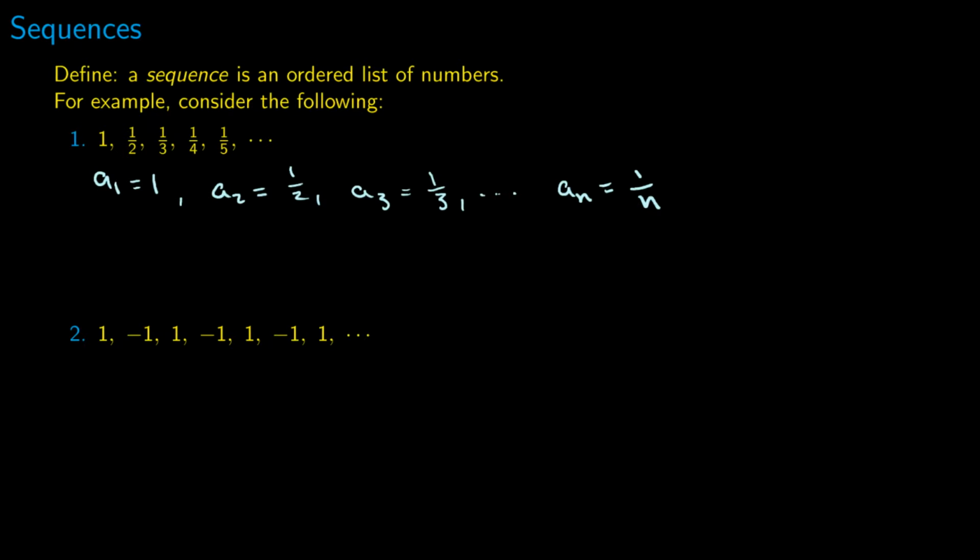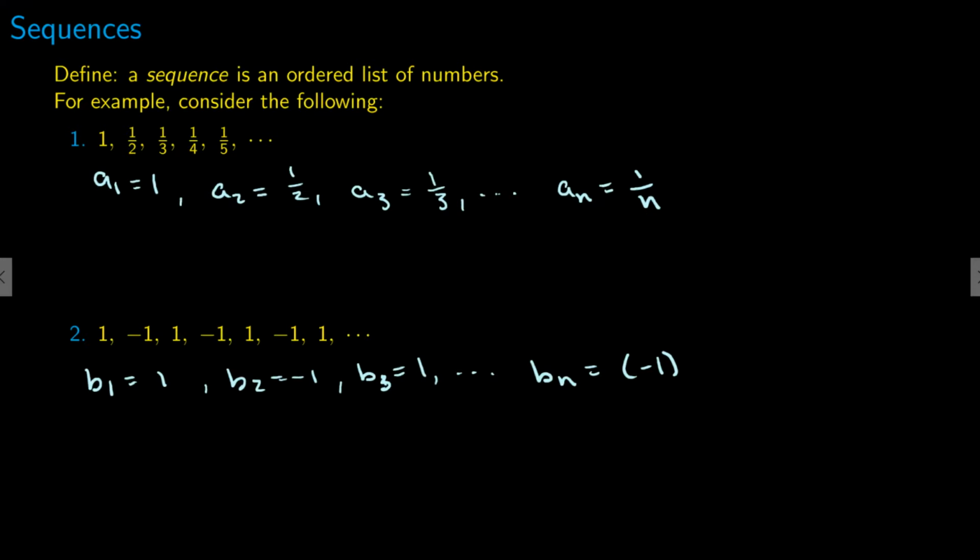For our second example, we could come up with the terms here. We'd say that B1 is equal to 1, B2 is equal to -1, B3 is equal to 1, and it just keeps alternating after that. And so if we want to know the nth term, B sub n, we'd say it looks like